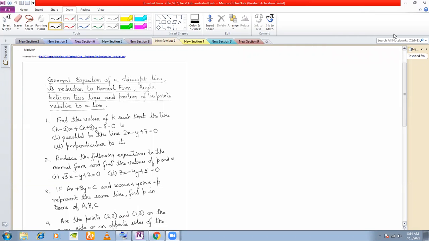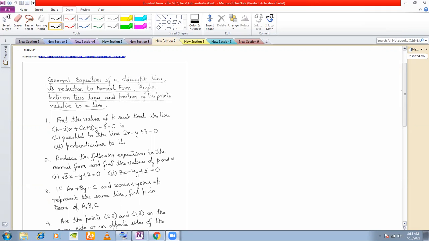Okay, so till now we have discussed the general standard forms of equation of a straight line: point slope form, normal form, 2-point form, and intercept form. All these we have discussed, right? Slope intercept form, 2-point form, everything we have discussed. There are, I think, in total 6 standard forms of equation of a straight line. Now we come to the next part, which is called the general equation of a straight line. In fact, the general equation of a straight line can always be reduced to any of the standard forms, and standard forms can always be reduced to the general form.